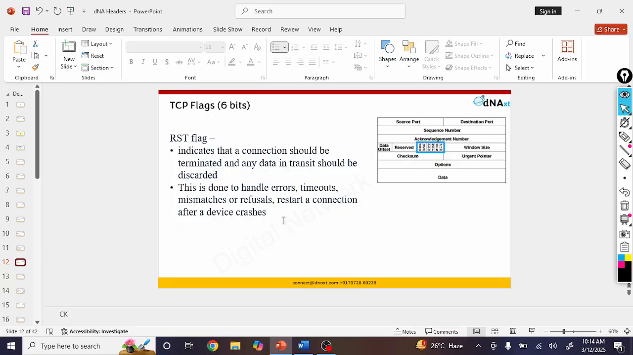This is done to handle errors, timeouts, mismatches, refusal, restart a connection after device crashes. Either there is a problem in the device or there is a problem in the connection. You need to re-establish the connection. For that reset flag is used. If it is not used, then the sender will continuously send the data and the packets are lost. So to avoid it, reset flag is used so that receiver will understand that we need to do three-way handshake